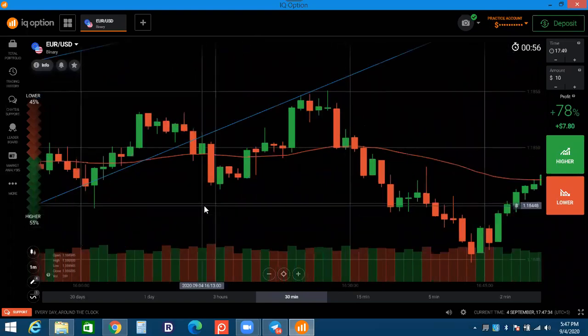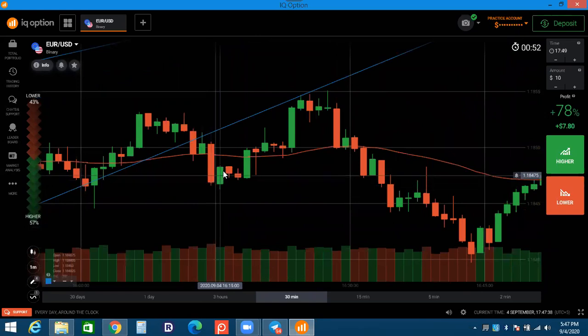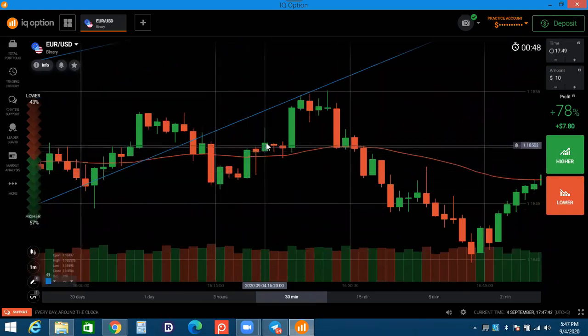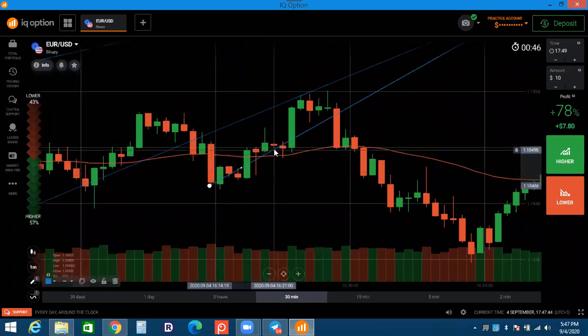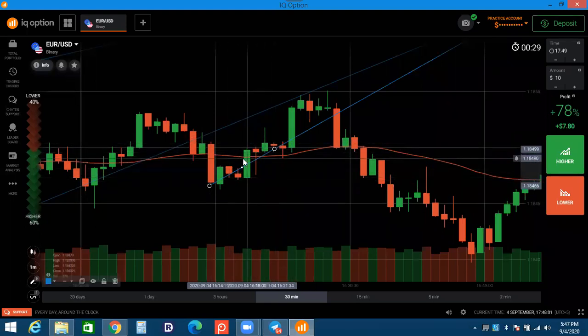So look at here. The sequence of the market, what's it saying to you? After this green candle, market moves down. After this green candle, market moves down. Again, after this green candle, market moves down. Got it? That is a sequence. So when two candles go up, two candles go up, again two candles will go up. When after one green candle market moves down, one green candle market moves down, again after one green candle market moves down, you don't take this type of trade. I am just showing you the sequence of the market.